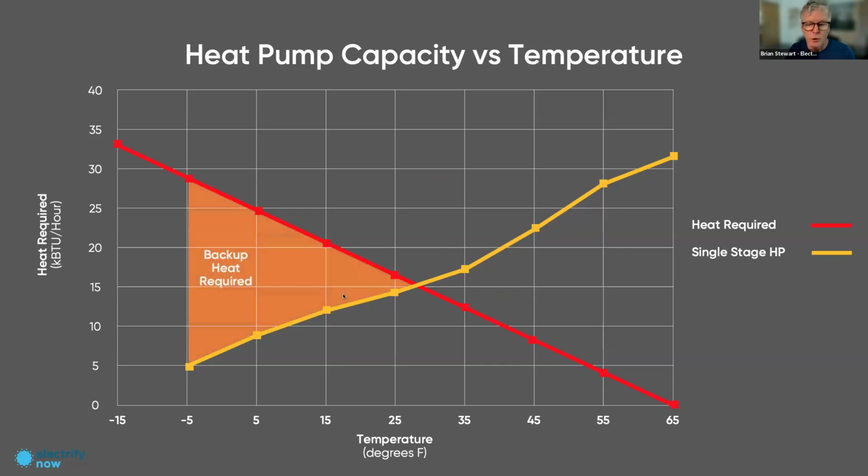So you're going to need some kind of backup heat system as it gets lower than that. In this case, we're showing 27 degrees. It's going to vary by your home, by your system, et cetera. And you should be getting a view like this for your home. If you're serious about getting a heat pump, your contractor should be able to give you some kind of picture